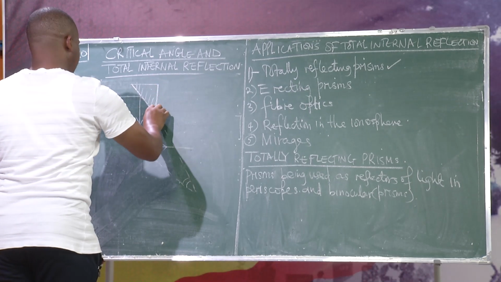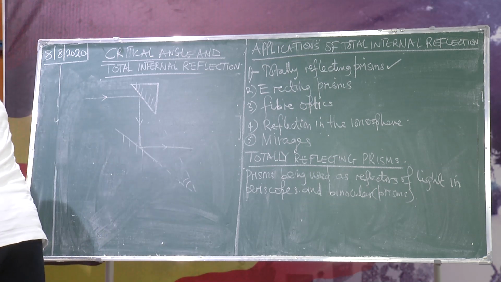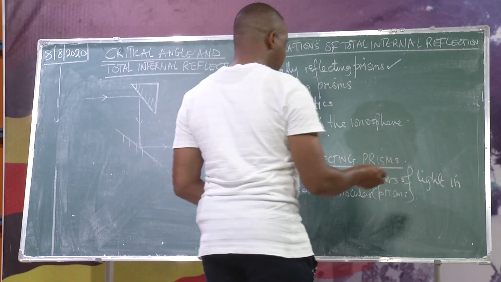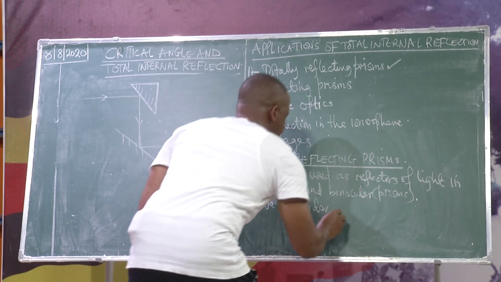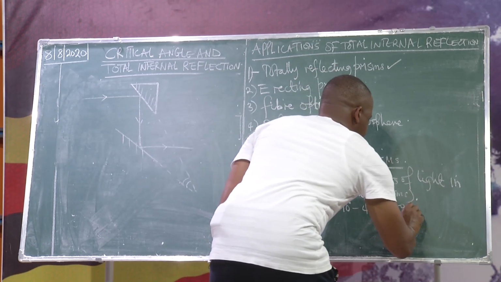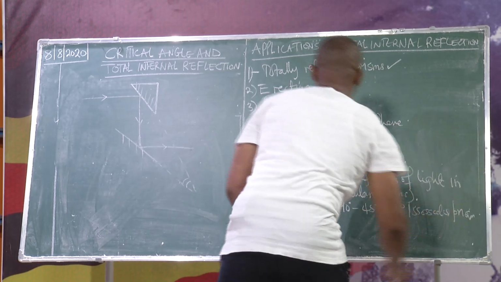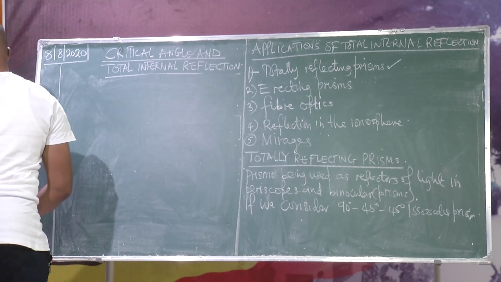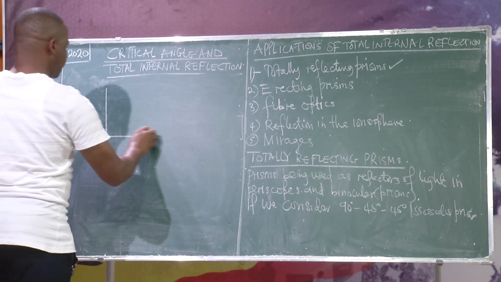But if this mirror is turned into a prism, we shall discover a prism is fully made out of glass. We shall consider an isosceles prism that is right-angled, the 90-45-45 isosceles prism. We shall discover that this type of prism will actually reflect light. If I use this prism here, the 90, 45, 45,